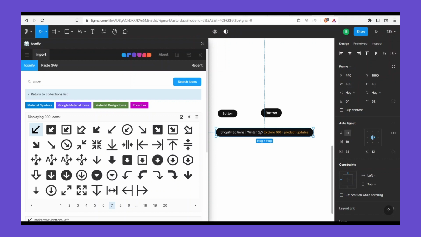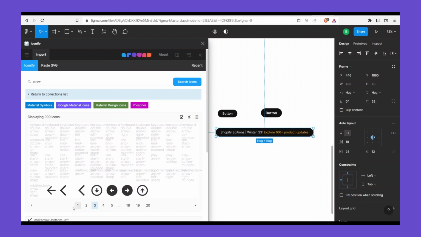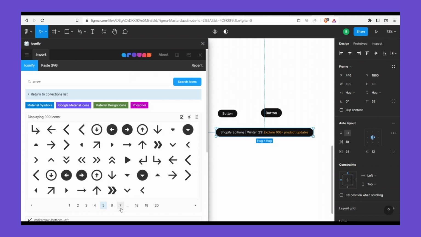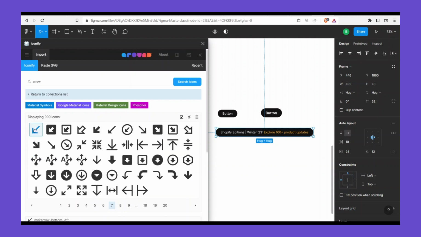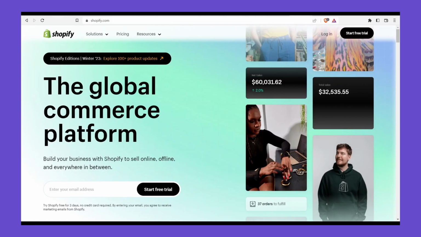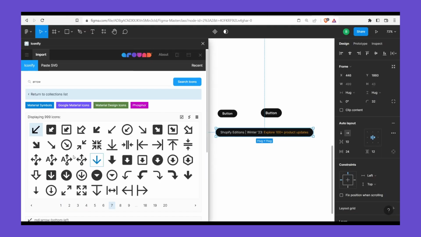So I'm going to make sure that this is selected, because that's one amazing thing about Iconify. I've already searched for this previously, but if you don't have it already, you can search for arrow, hit enter, and then it brings up all the arrows on Iconify. It has so many variants of this. You can search and search until you find what you're looking for. And I think I found what I'm looking for on number 7, which is this one. So yeah, this looks very much like what is down on Shopify. So once I click on this once,